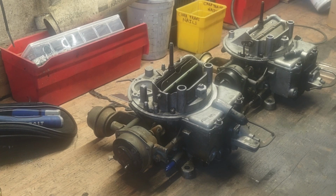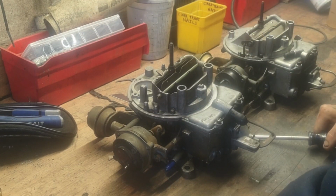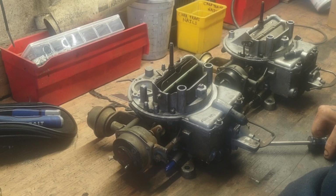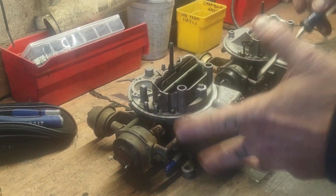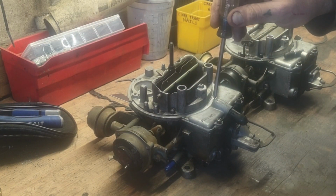Well, as you can see, I got two carburetors sitting on a workbench. This one right here is off of a 1982 Ford F100 with the oh so thrilling 3.8 V6 in it. I really wish this guy would have gotten lucky and got a 300 or a 302 or something, but this is what we got. This carburetor right here, I believe the floats are severely misadjusted on it, and it also